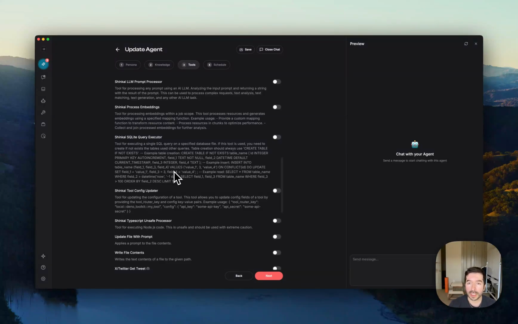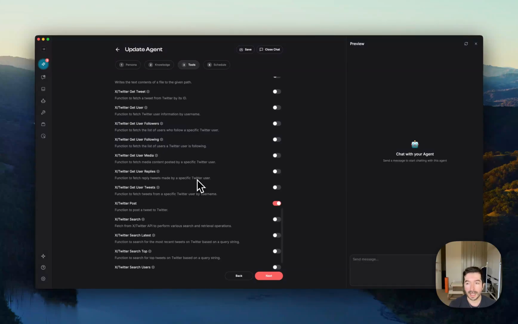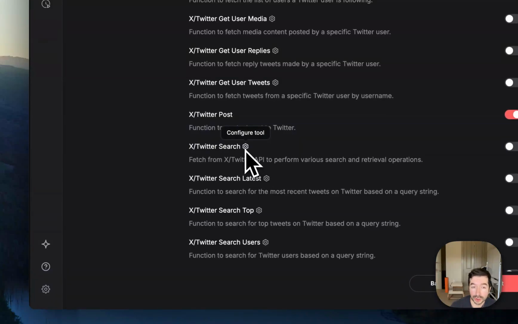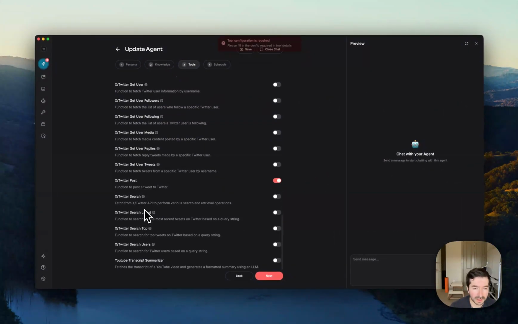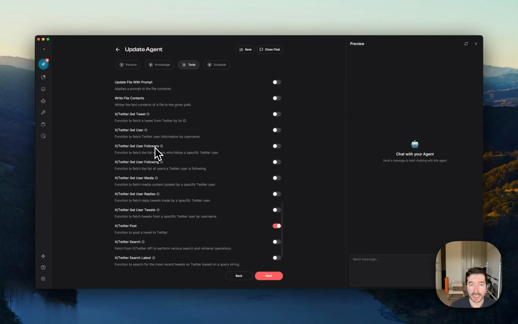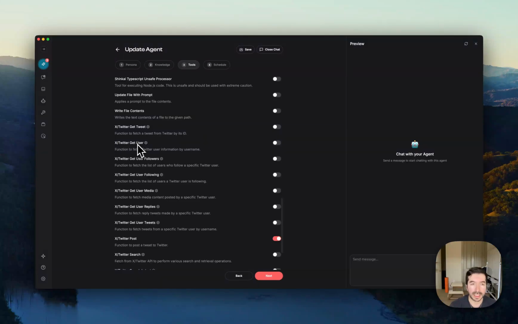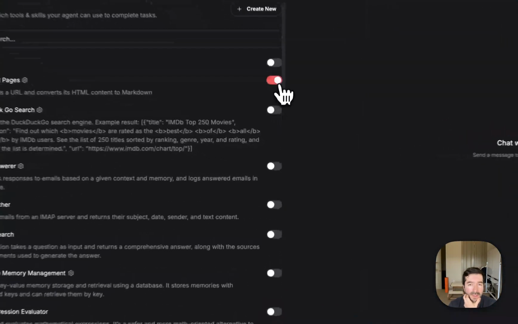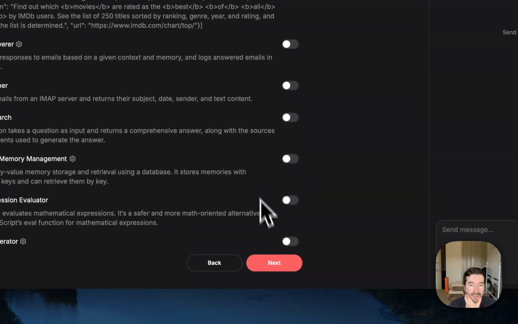Also, something really cool: all of this could be running completely on your machine or somewhere else, although you can use your own OpenAI APIs and so on. So here, maybe we can do search, or we can also look at, if someone mentioned us, how many followers they have. For that, we were going to use get user. So, okay, what we're going to do is maybe download pages